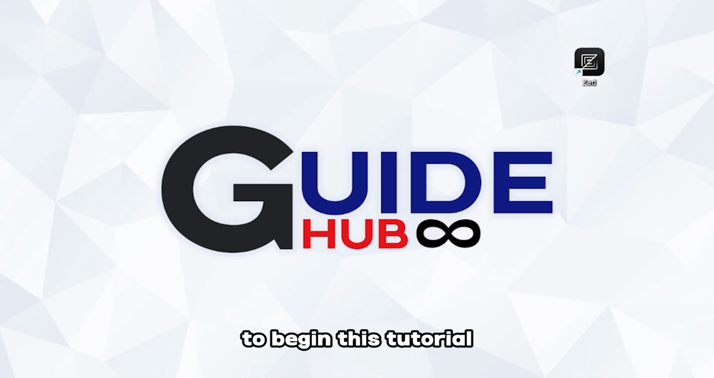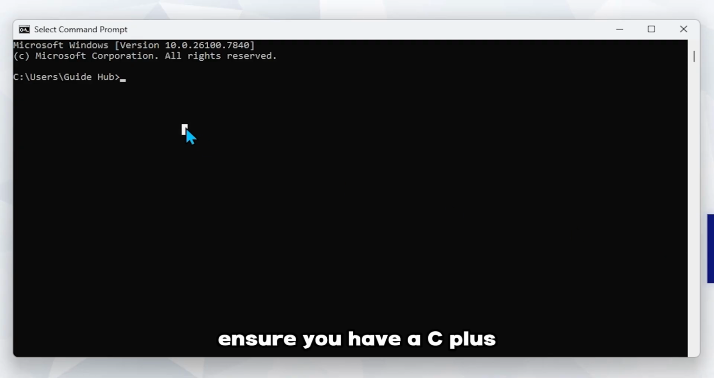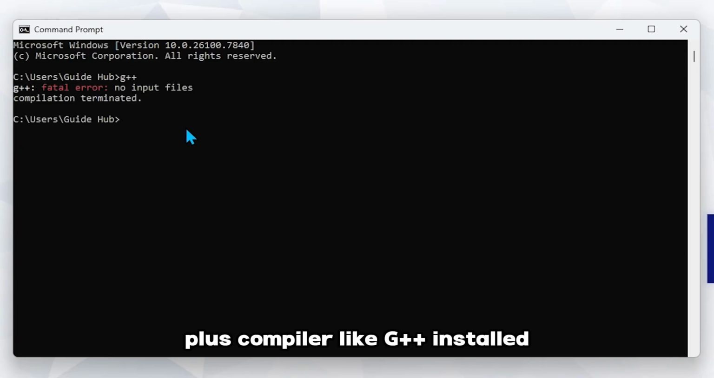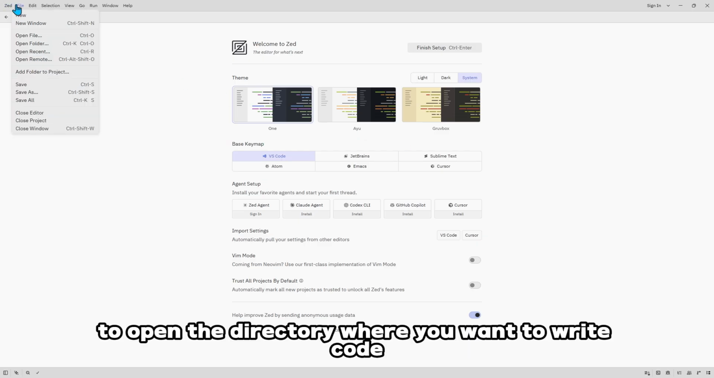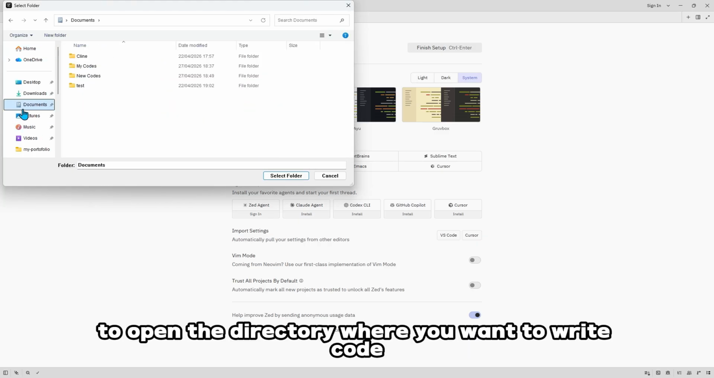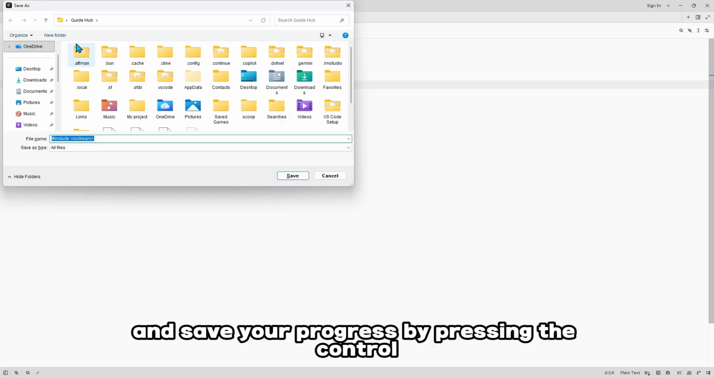To begin this tutorial, make sure you already have the Z code editor installed on your computer. Ensure you have a C++ compiler like G++ installed. Open your Z editor and use the File Explorer to open the directory where you want to write code. Write a simple C++ Hello World program inside this file, and save your progress by pressing the Ctrl and S